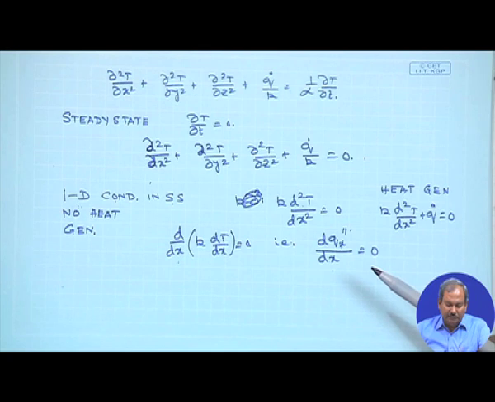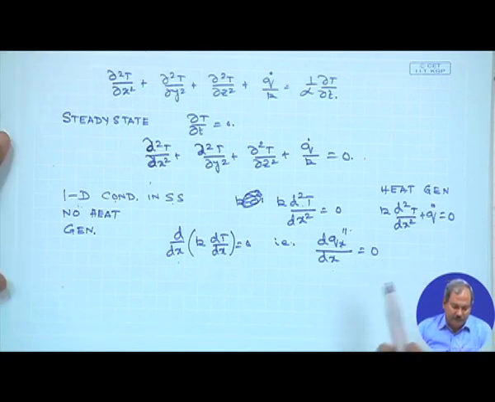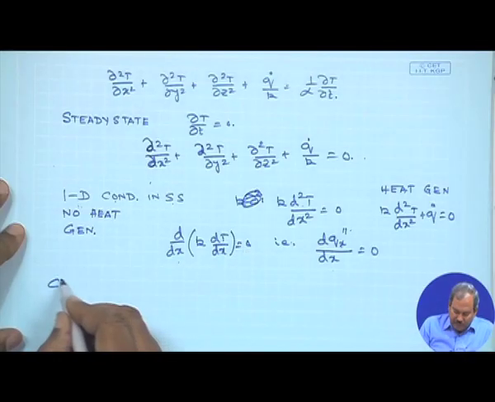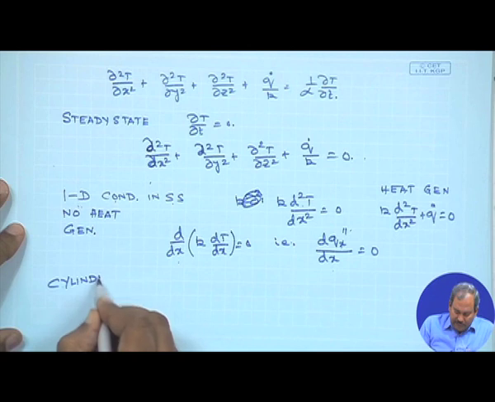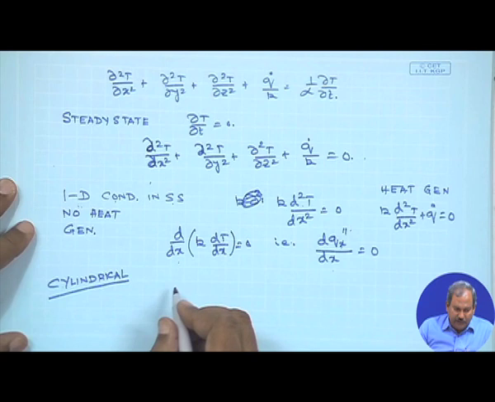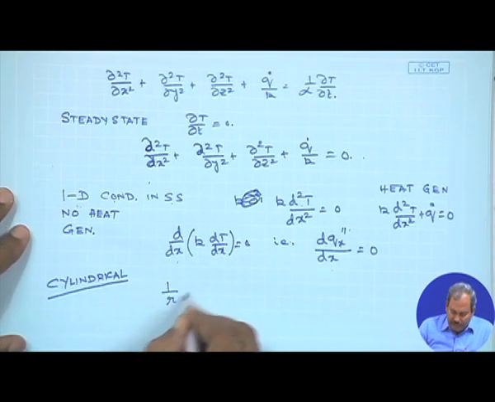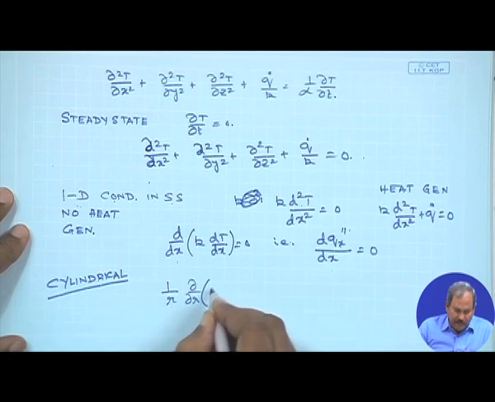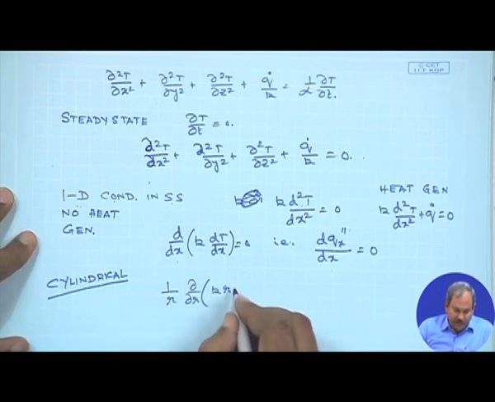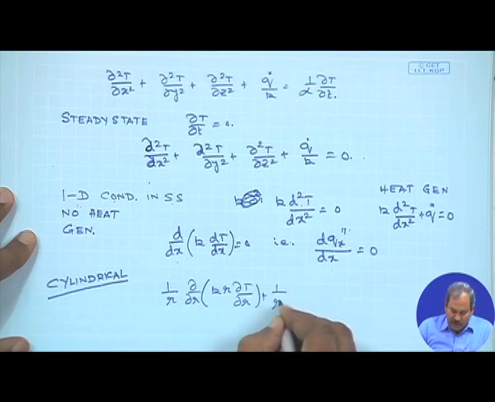These expressions are very common and would give rise to several other simplifying cases. So, this is in Cartesian coordinate system. If you write it in cylindrical coordinate systems, and you should be able to see it from your text, you would see that for the cylindrical coordinate system, 1 by r del/del r of (k r del T/del r) plus 1 by r square